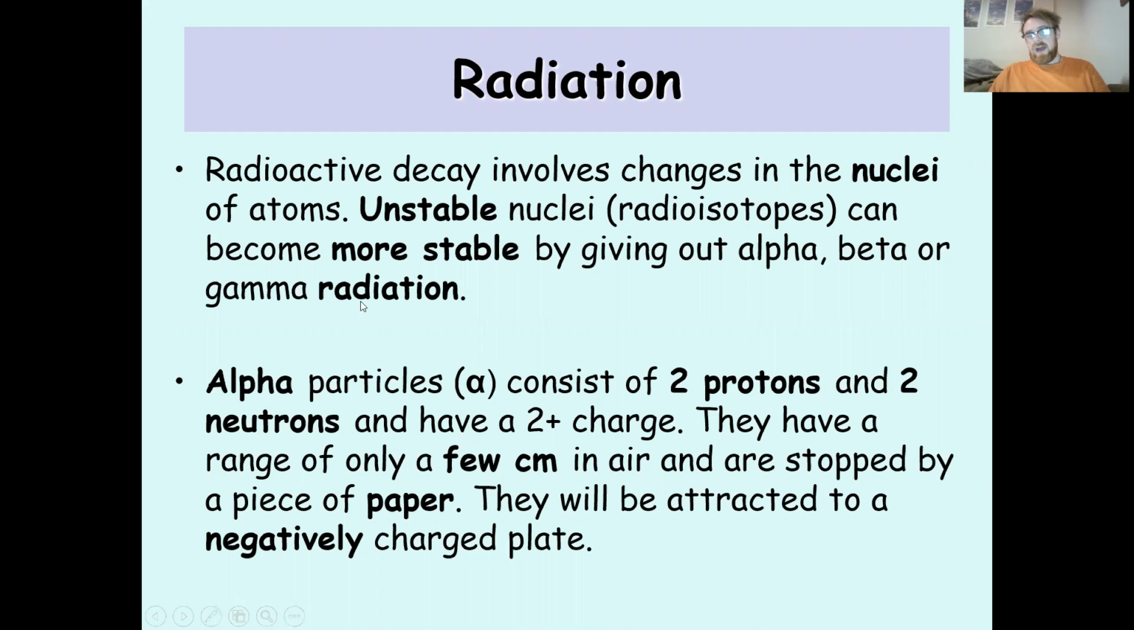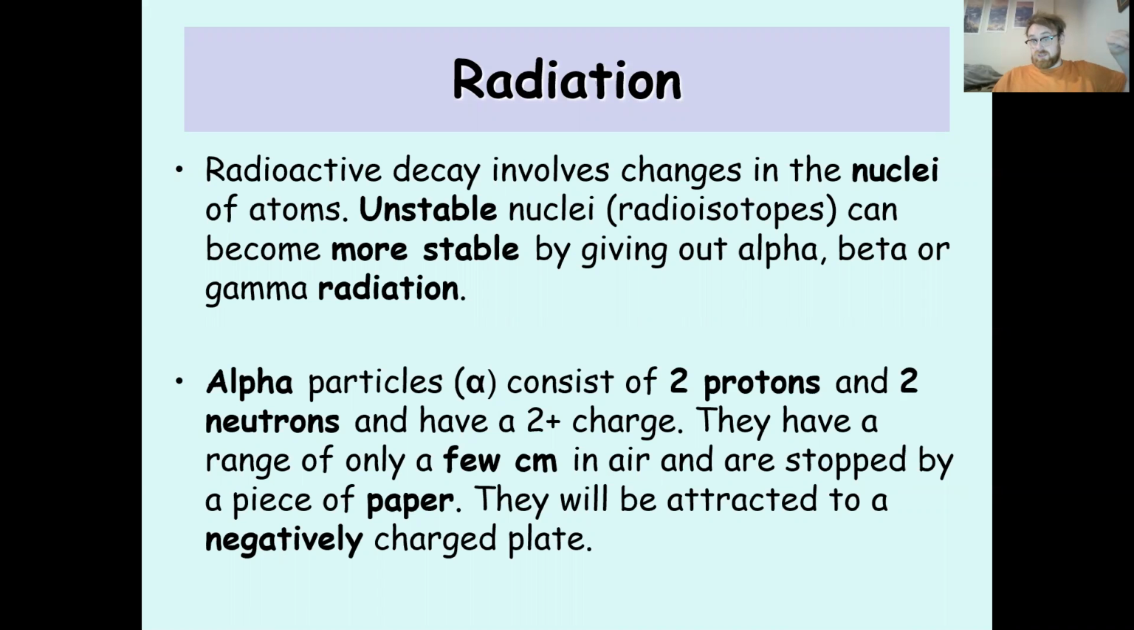Okay. Alpha consists of 2 protons and 2 neutrons and has a 2 positive charge. They are considered a helium nucleus because helium has 2 protons. They have a range of a few centimeters in air and are stopped by a piece of paper. They will be attracted to a negatively charged plate. Okay, that's because they're positive. Negative charges will attract it. So need to remember: alpha nucleus, 2 protons, 2 neutrons, 2 positive charge. They can get stopped by a few centimeters of air or a bit of paper, and they'll be attracted to